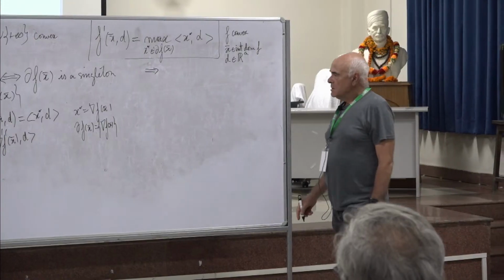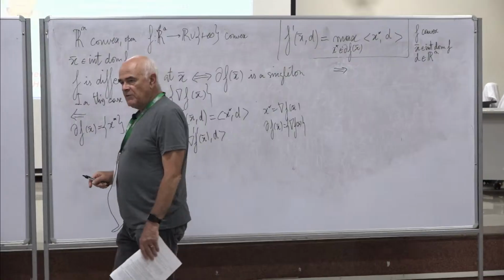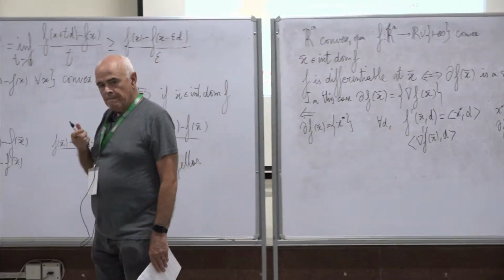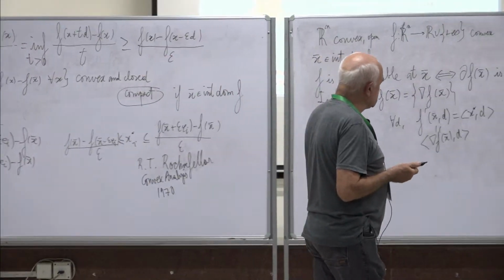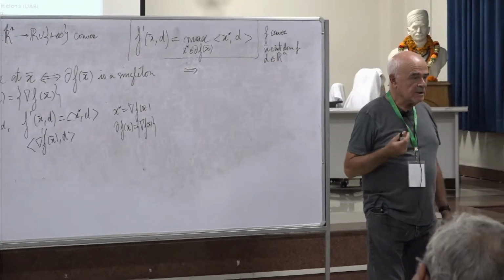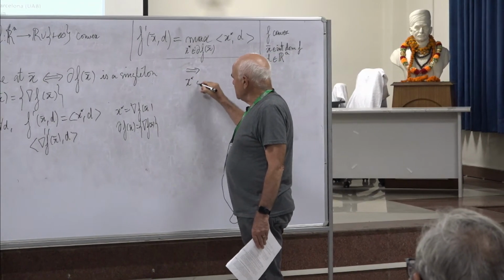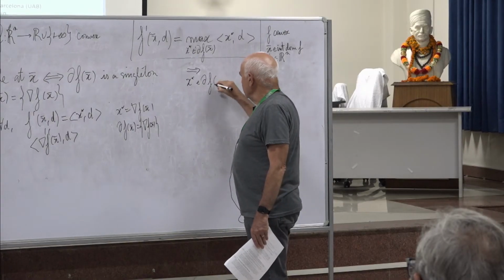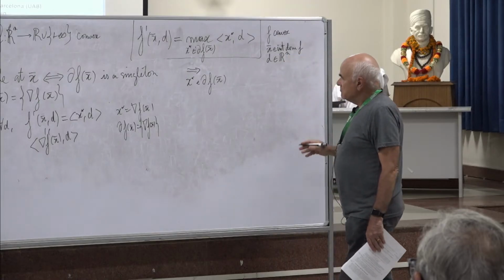Okay? So now we are assuming that f is differentiable at x bar, and so let us prove that there is only one element in the subdifferential. Take one element. We know that this is non-empty, but it may have infinitely many elements. Take one,